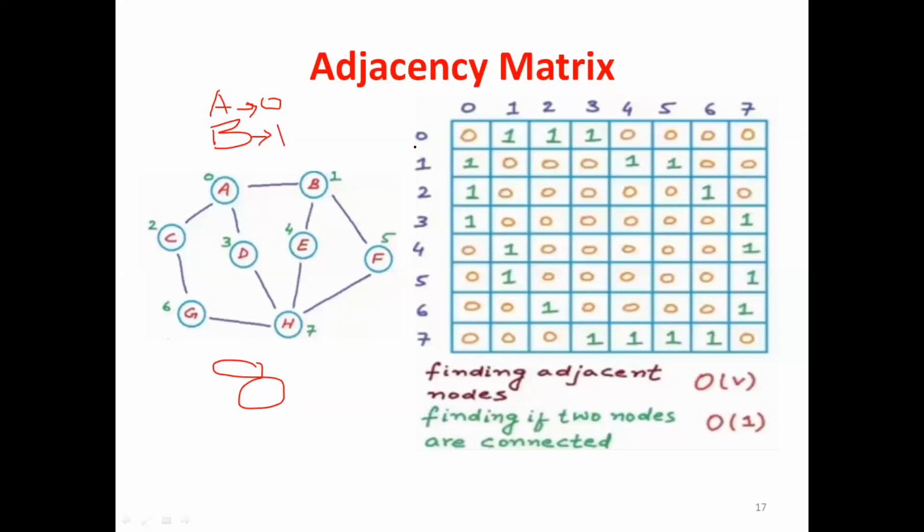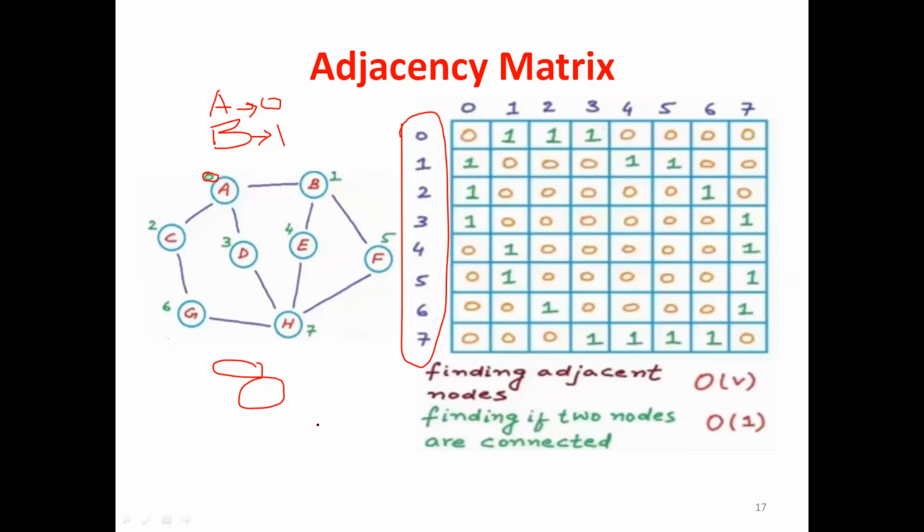Then I can easily track who are all the adjacent nodes to this city, right? For example, when I take node A, node A is nothing but 0. I am mapping A to 0, B to 2, F to 5, H to 7. Here it represents the number of vertices. Similarly, I have to define it for all, since there are 8 vertices.